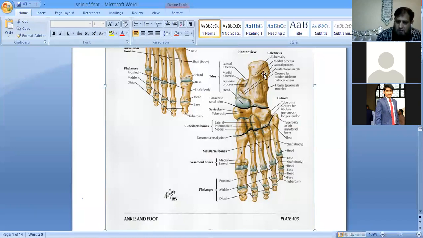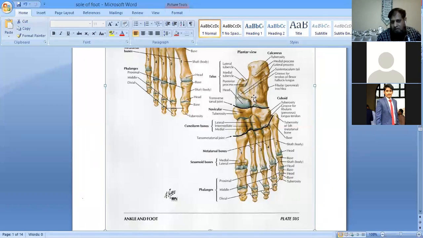It has the medial surface, the lateral surface, inferior surface, posterior surface, and the superior surface. It has 5 surfaces, but you need not go into much detail. But at least you must know the characteristic landmarks where the muscles take origin. I will describe these structures again when we talk about the attachments of the muscles. At least you must know the names of the bones, like this is the heel